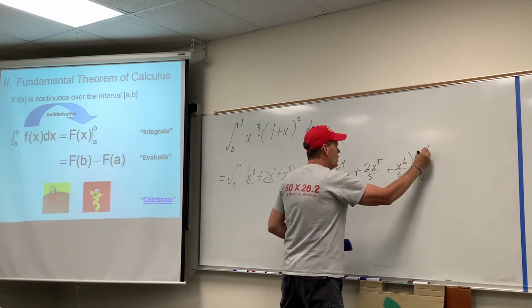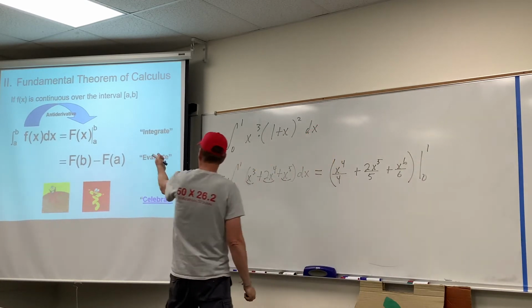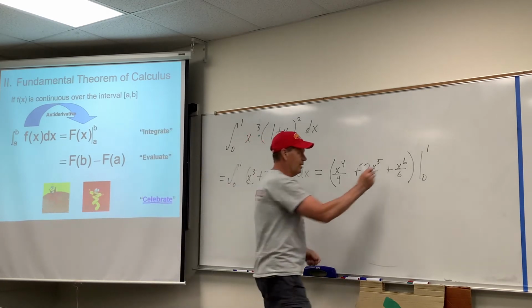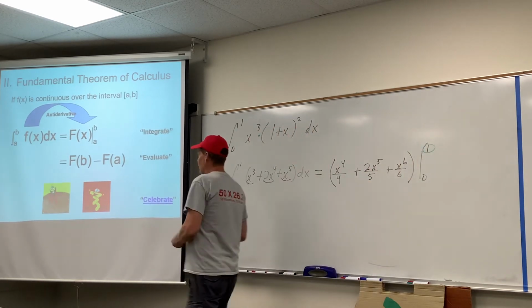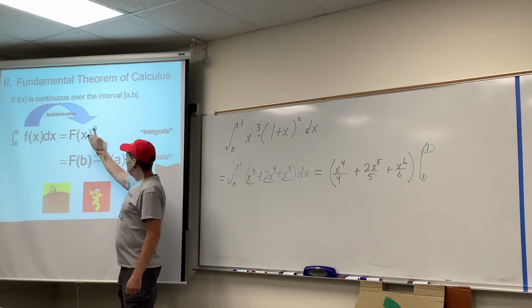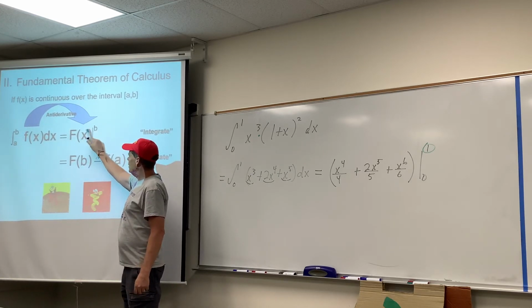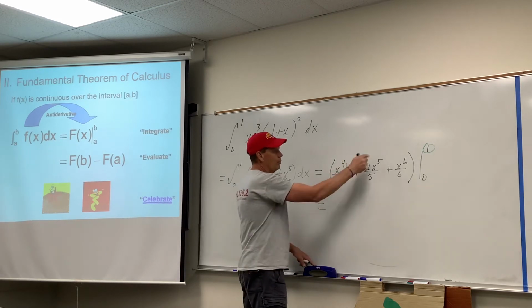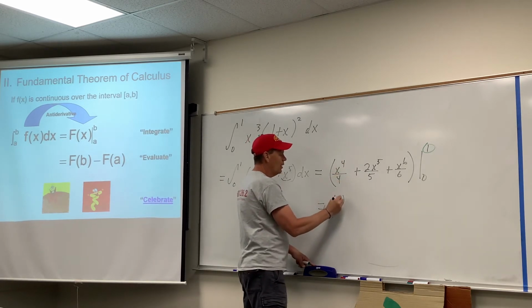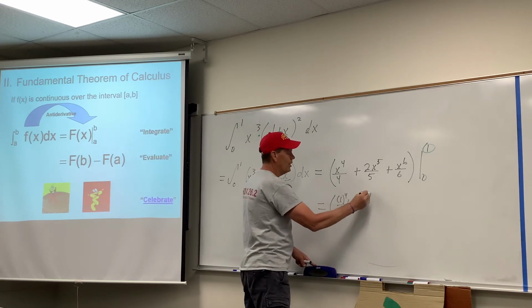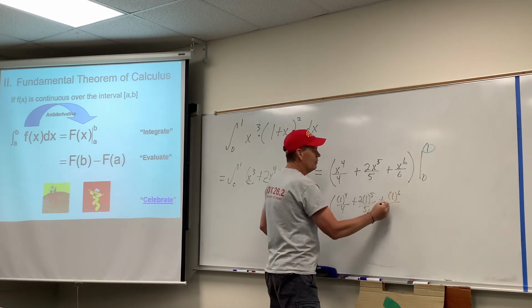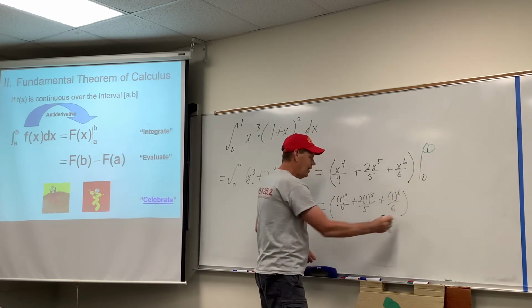There's the issue of evaluating. So now it becomes arithmetic, basically. You know, what's this look like to you? This says put b into that antiderivative, capital F of b. All right, so capital F of b in this case would be to go through and put a 1 everywhere there's an x. 1 to the 4th over 4 plus 2 times 1 to the 5th over 5 plus 1 to the 6th over 6. That would be that one